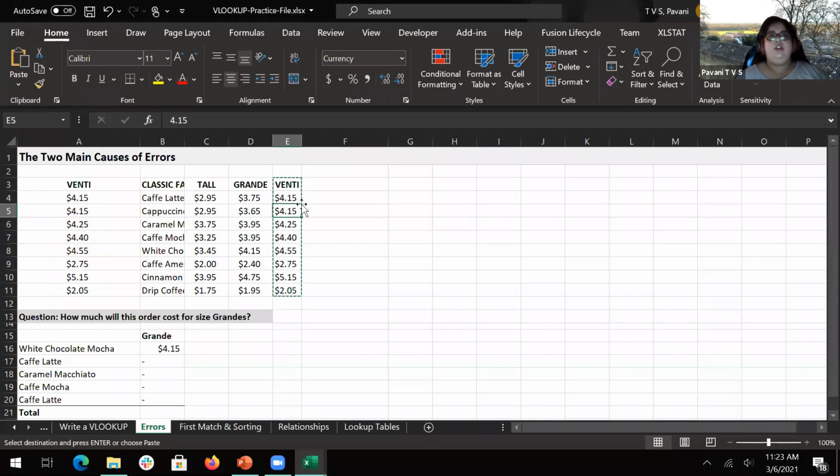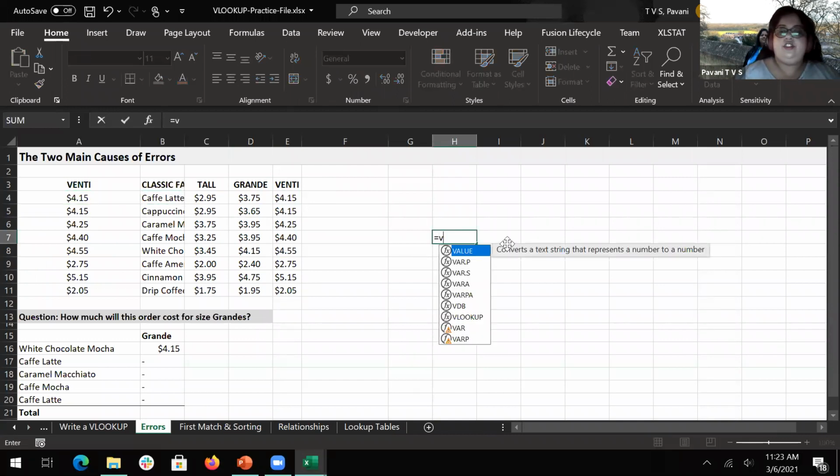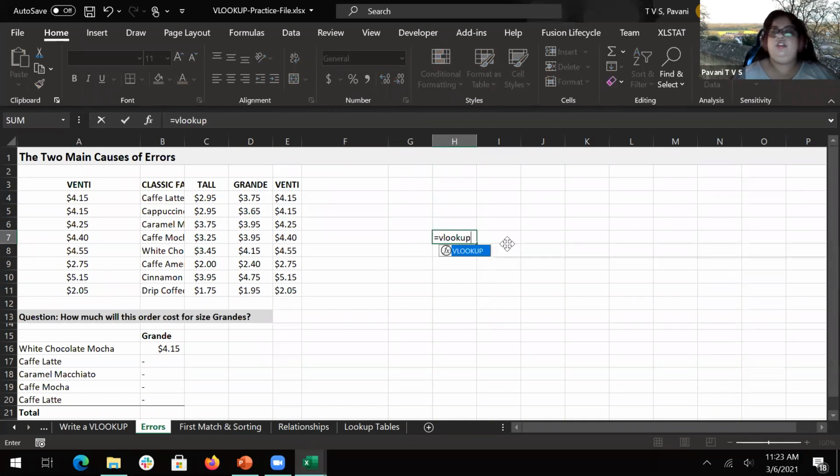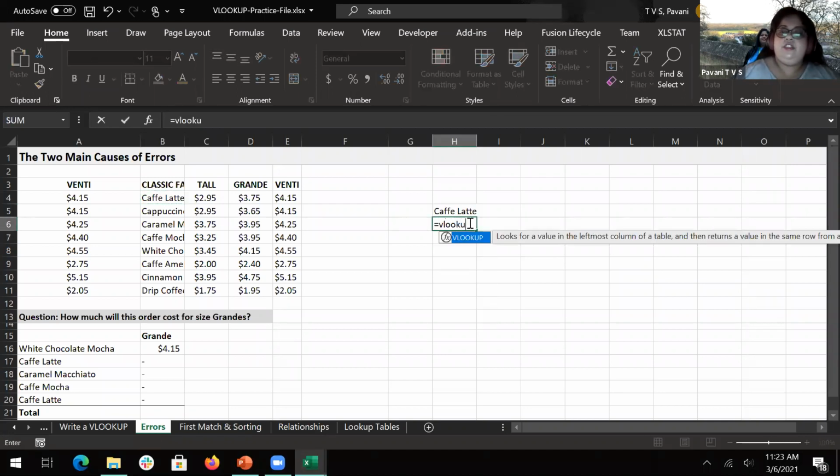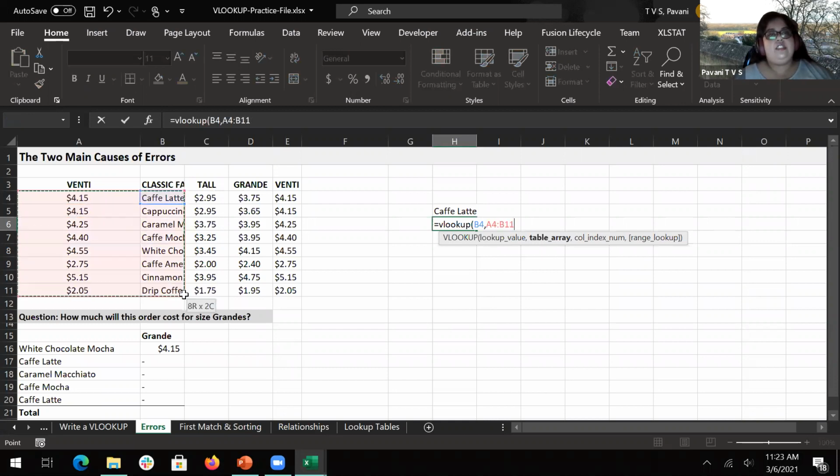And I am picking this value and I'm saying I want cafe latte information for it. Let me just first copy paste this name. Okay. Now I am saying I want cafe latte information, and I'm going to take this as reference.